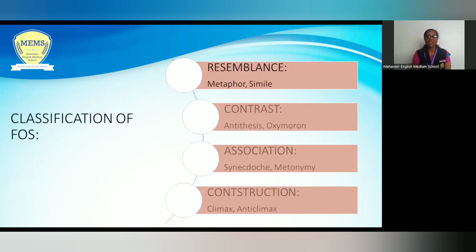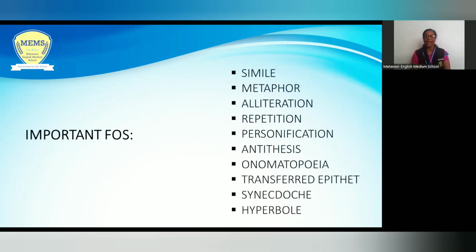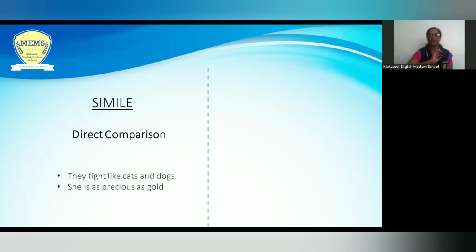Now we come to the classification. The figures of speech are classified as under: those based on resemblance, those based on contrast, third is association, and fourth is construction. As now we are well versed with the definition and its classification, I would like to take you through them one by one. We start with the first figure of speech,